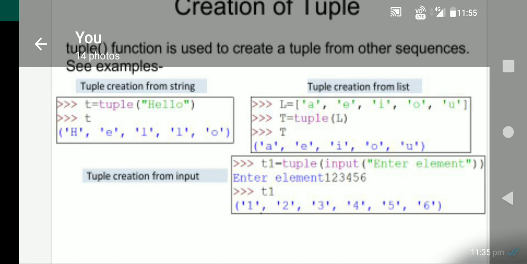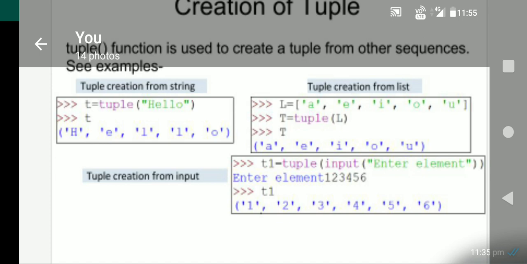So now in the next line we have written T equal to tuple, bracket L. What does it mean? Already we have created a list and we are going to convert the list into a tuple. It means if you have an existing list, you can convert it as per your choice. So now this is another way.